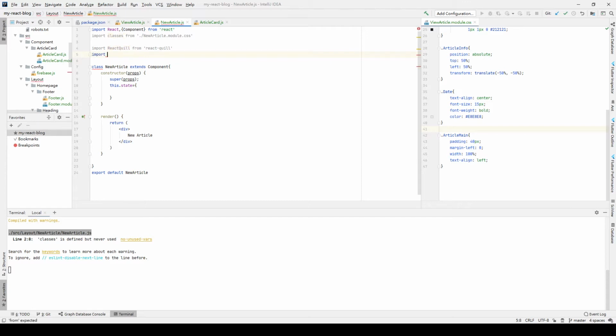They provide different kinds of themes that we can apply. For me, I just want to use the no theme. So we import React-quill from the destination and we import quill.no-theme.css. And then we need to edit our render method here. First of all, we need to create our container, using the Bootstrap framework to build our newarticle.js